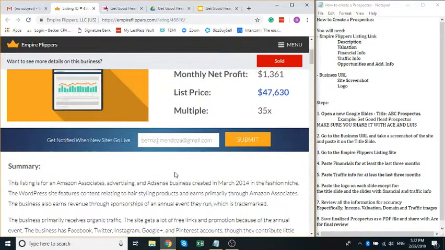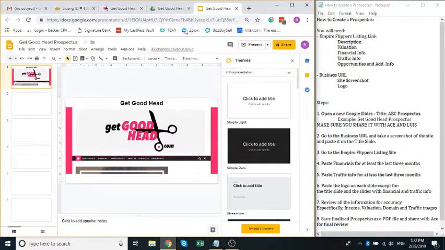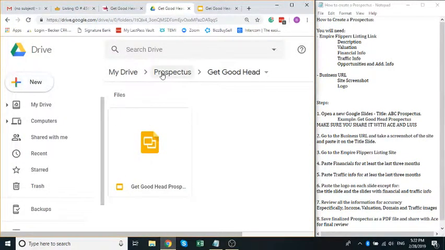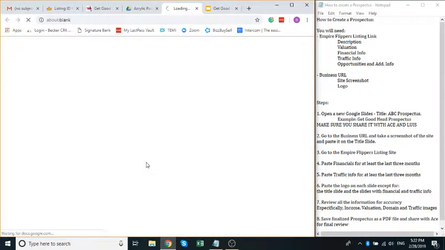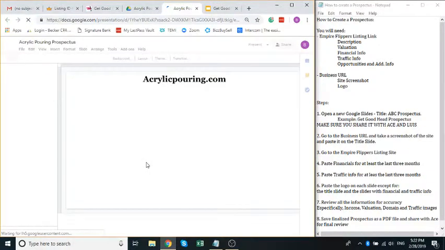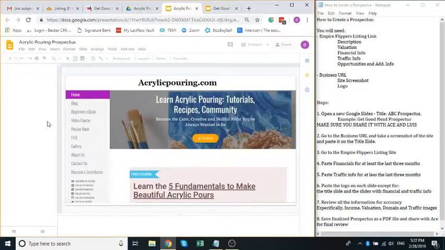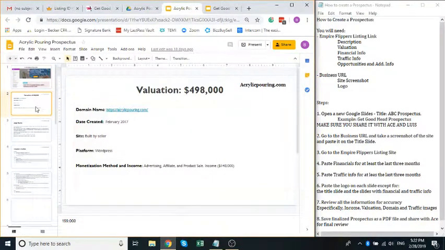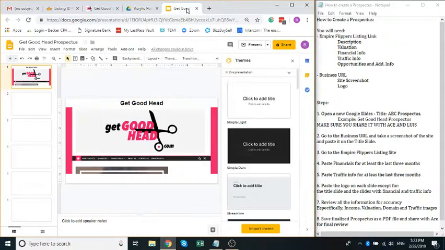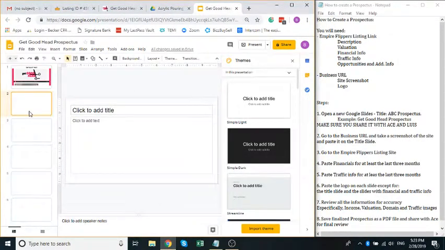But basically we want to go back to the Google Slides, and I'm gonna share a template with you guys, but for purposes of this video, I'm gonna copy the second slide from one of the other businesses, so that it's easier for you to see where all these numbers and all the names are coming from. So this is the second slide. It should look something similar to this. So we're gonna basically take this slide and paste it over on our Get Good Head prospectus,